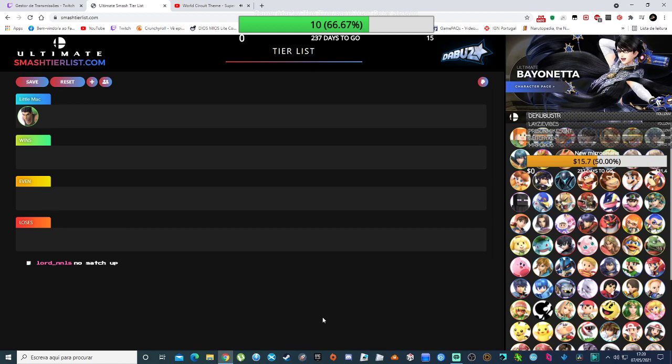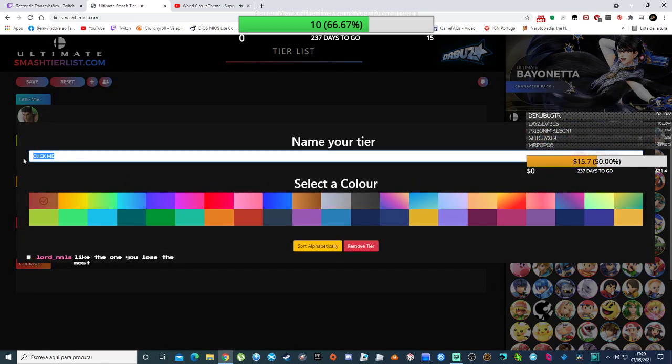Yeah, no matchup. Okay. Oh, you mean like above wins? I can put like the one you lose the most. Okay, I can do that. I can do that. So click me. I'll click you. So I'm going to put like,